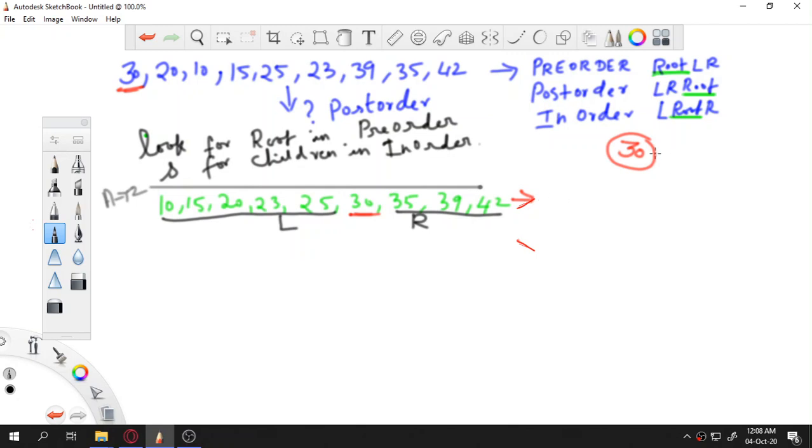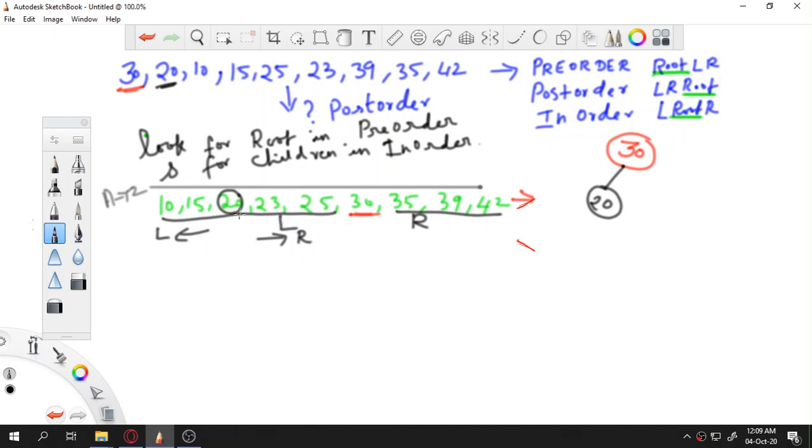Now I need the next left node, so I have to draw the tree down the branch. How to get the next node? You find it from the given pre-order. The next one is 20. That will be the root of this subtree. So I have drawn 20 as the root, then find its location in the in-order. Now the tree splits: this is the left tree and this is the right tree.